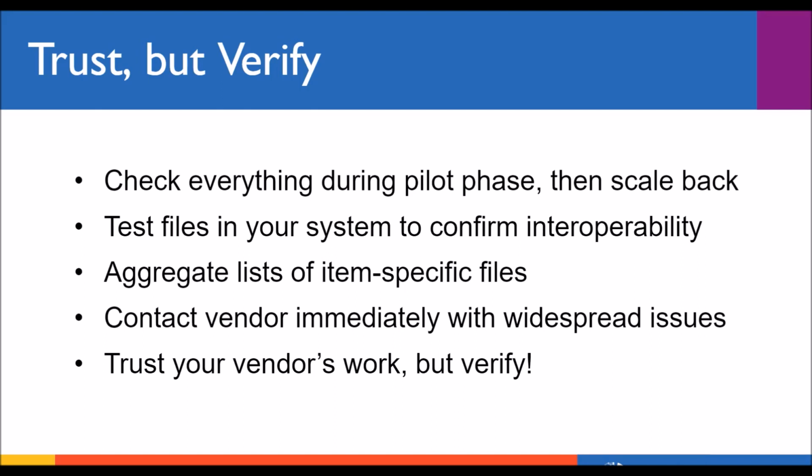Now, if you find item-specific issues like incorrect content, a blurry image, a missing file, wait and aggregate all of those into a single feedback document. If there's an overarching problem with the files, like an incorrect file naming schema or folder nesting schema, or the format is wrong, let the vendor know right away so that they can make adjustments to their workflow and processes immediately. So ideally, once a project is past the pilot phase and any issues have been resolved, the rest of the project should run smoothly.